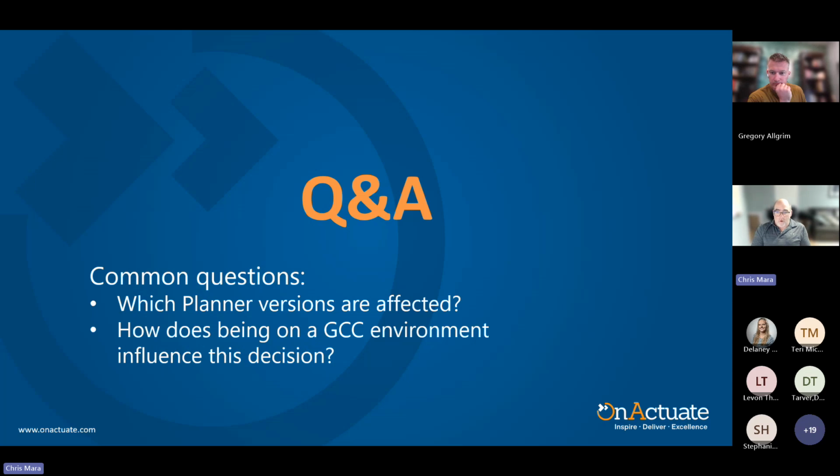There are some known constraints, though, with Project Operations, and again, from a rollout of new features, there is a lag compared to the commercial cloud. But I think if you are in GCC, you've already experienced that. And again, from an AI and Copilot experience, rollout is typically after the commercial experience.